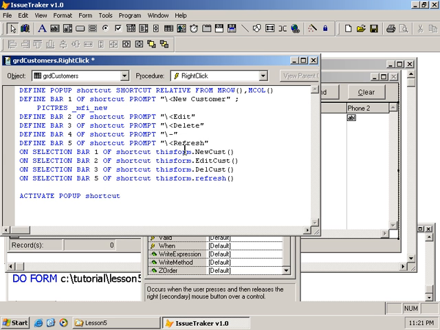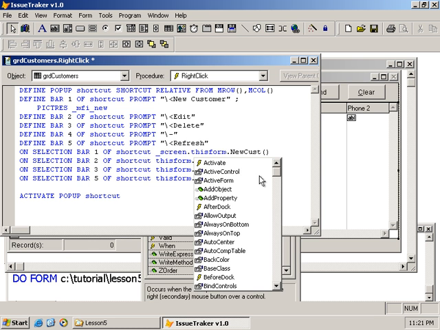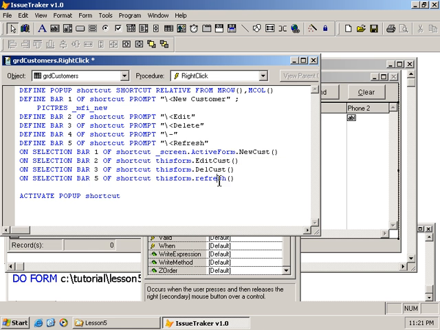So what we'll do, we'll change this to underscore screen, and it has a property here, which is just a variable that points to the active form. The active form is the topmost form, and so I'll use this one, and that should do the trick. So let's change out all of this to